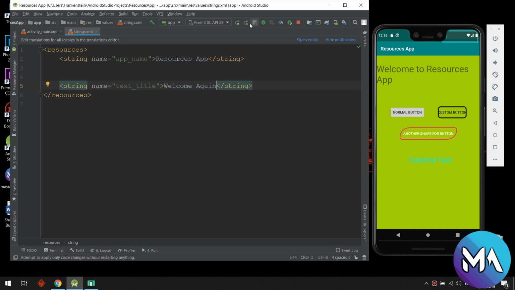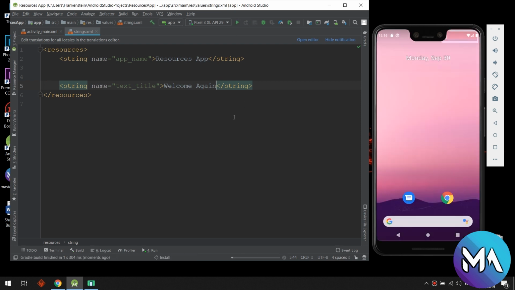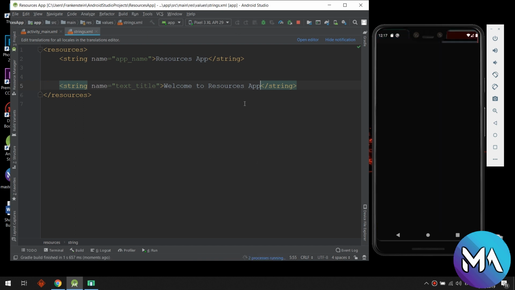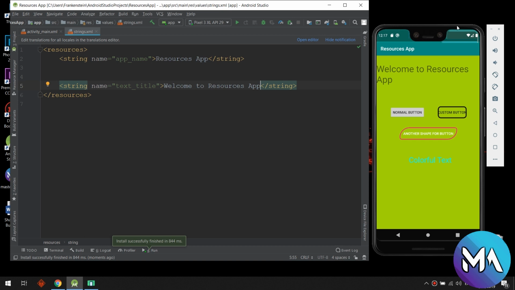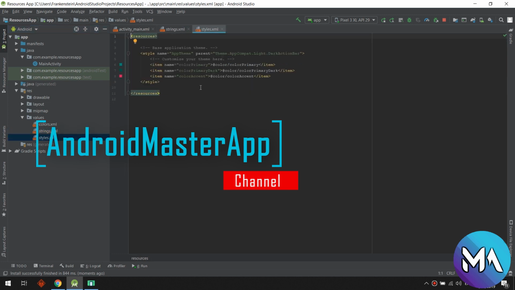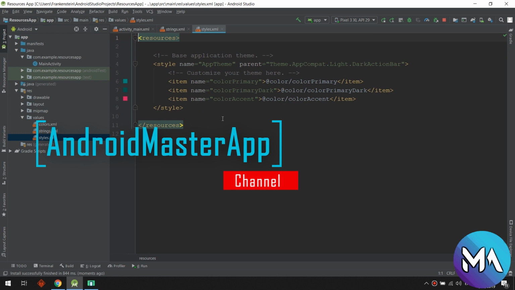You can translate them in many languages, and the Android system detects the language or locale and displays the corresponding language or text for the user. So it's very important, and I recommend using this method when making any text, using strings as their resources. So now let's see the styles file, which is the third